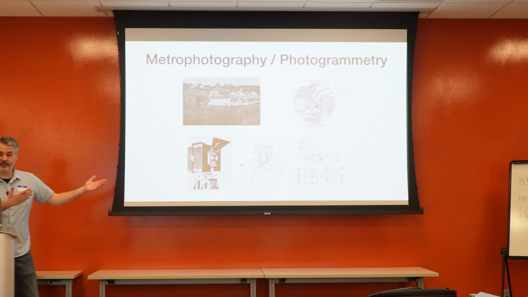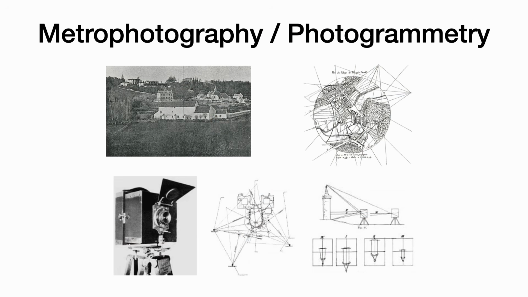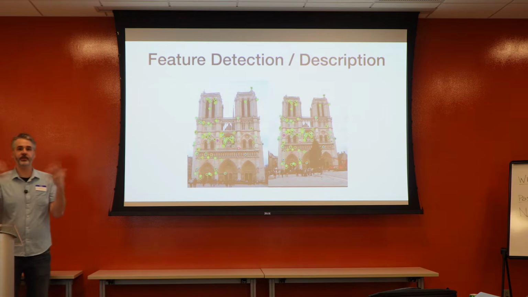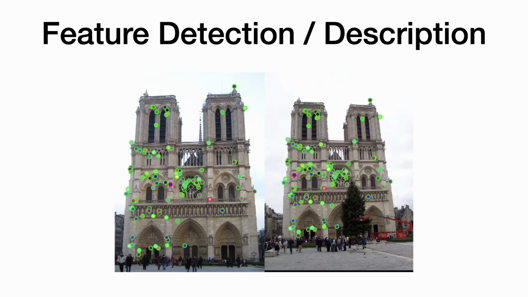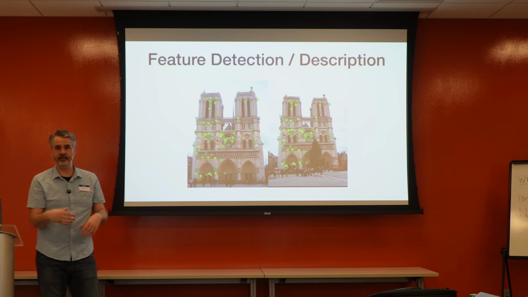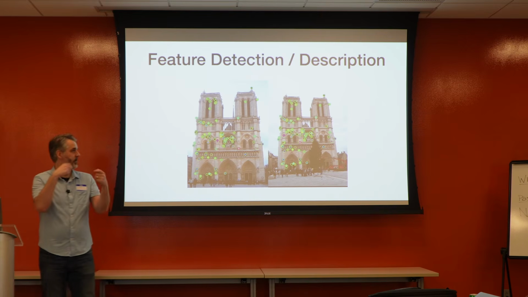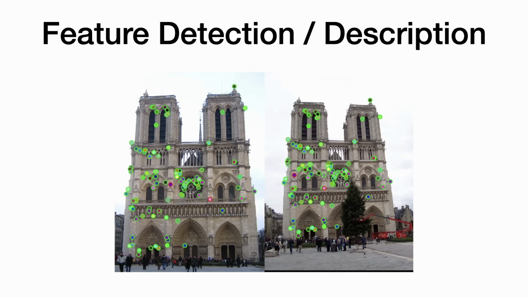These concepts of metrophotography and photogrammetry, where these surveyors were manually marking points in images and trying to triangulate that. Now there's a whole field of feature extraction, feature detection, feature description, where software has been written to automatically find salient points, interesting, repeatable points in an image. Maybe it's a corner, some bright object surrounded by dark, or the opposite of that. Or maybe you find a blob, a dark circle surrounded by white. But finding these really repeatable areas